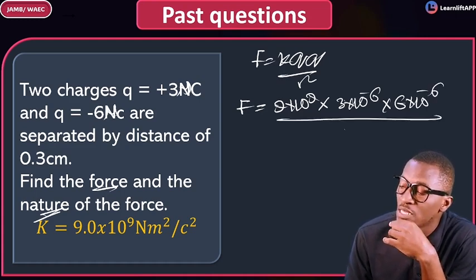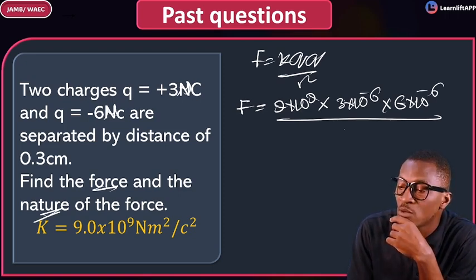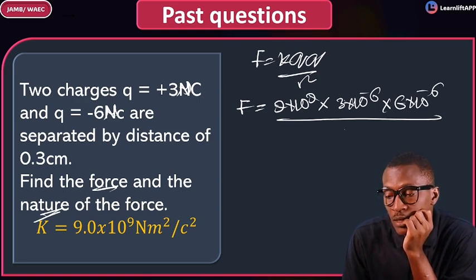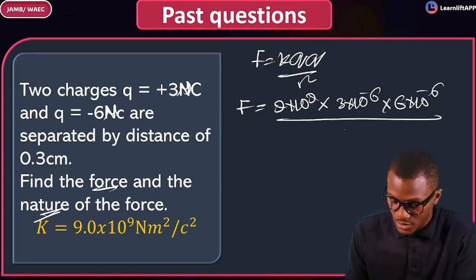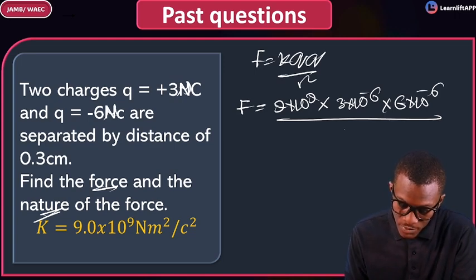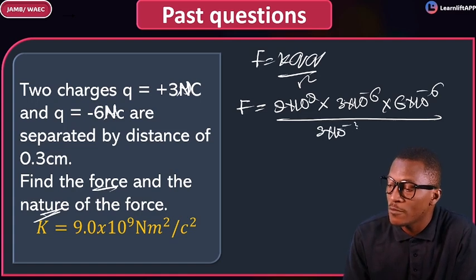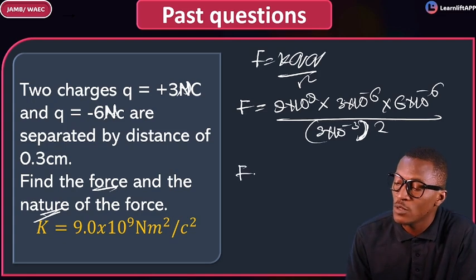over what's the distance here? Convert this now. This is the same as saying 0.3. This is in centimeters. How do we convert it to meters? We're going to divide it by 100. That's 0.3 divided by 100. We can say 3 times 10 raised to power minus 3, all squared. So F will now become